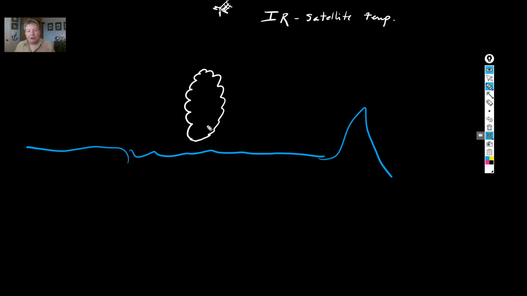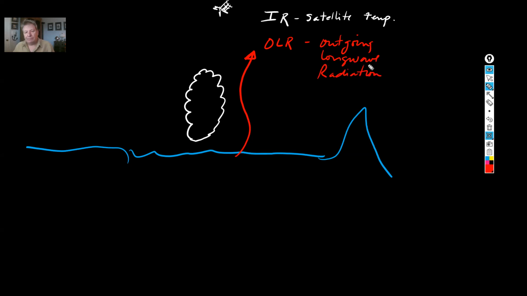Now, normally, if there's no thunderstorms, what is it measuring? It's measuring outgoing long wave radiation. It's called OLR, which stands for outgoing long wave, which I think we've talked about, radiation. Well, if the satellite's seeing the water, this is warm. The waters are relatively warm, it's near the surface, and it's going to be some amount of outgoing long wave radiation. But if it's coming from the cloud top,